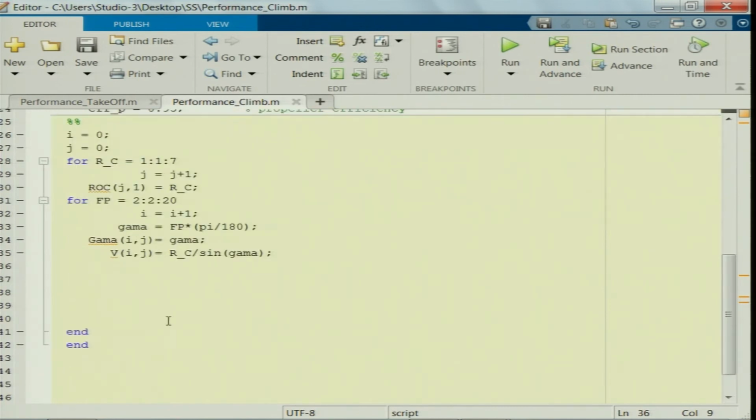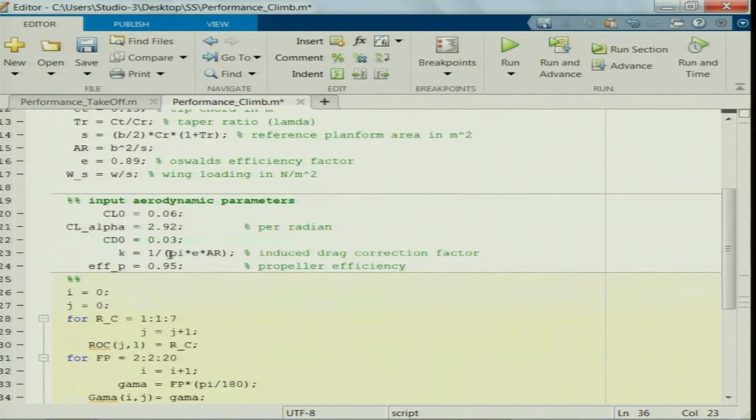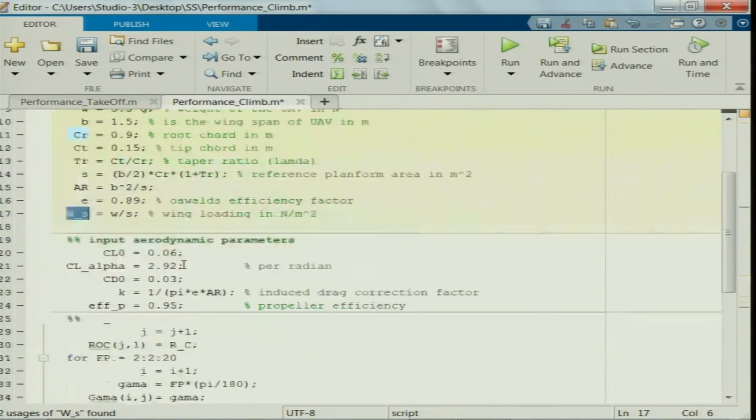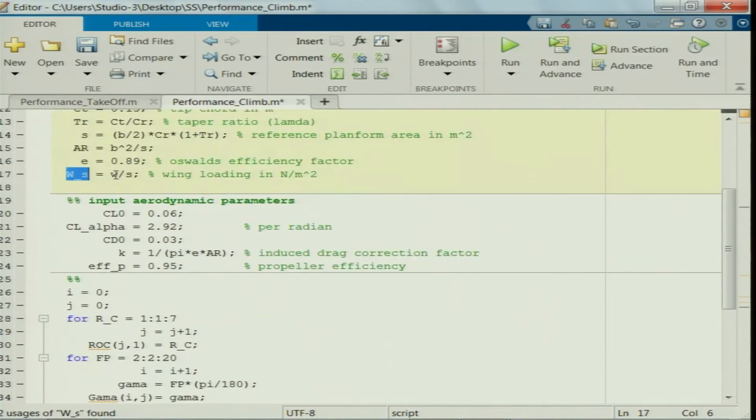So, you have V, rate of climb, sin gamma, and then you can find out the CL value here. CL of this flight, I comma j, should be 2 W upon W underscore S, which is already considered here, which is wing loading, W by S. Here we can't give W upon S, right. We can't use any mathematical operations to define a variable.